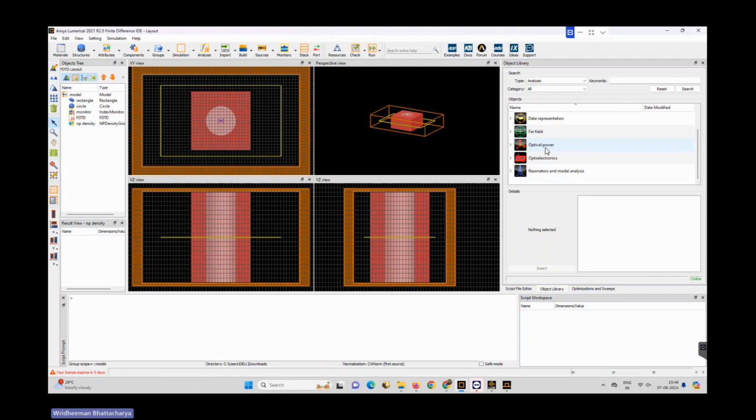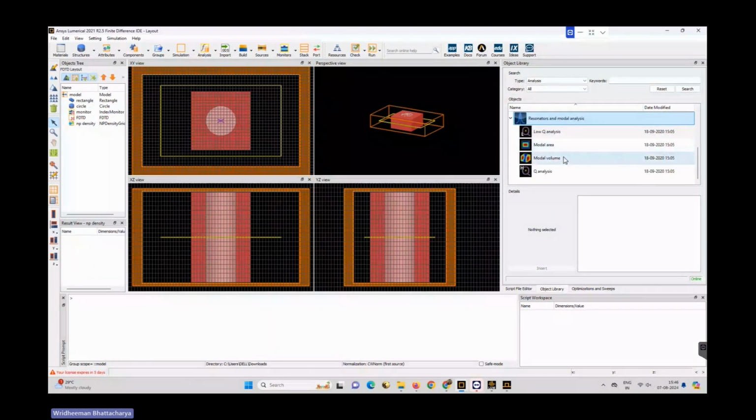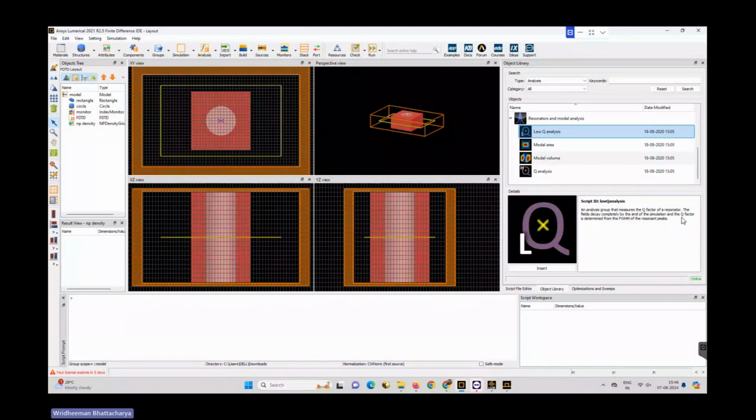For resonators, we could see the Q analysis, the modal area, modal volume. These all have their description here only, what this thing gives, right? And if you want to include this, you have to just press the insert here and it will insert directly, right? So similarly for structure,